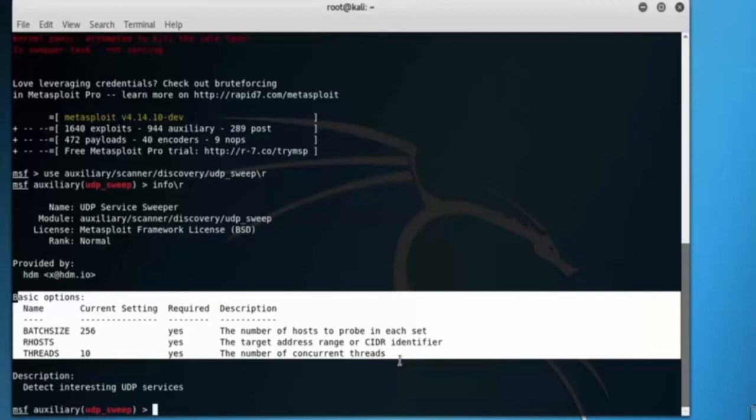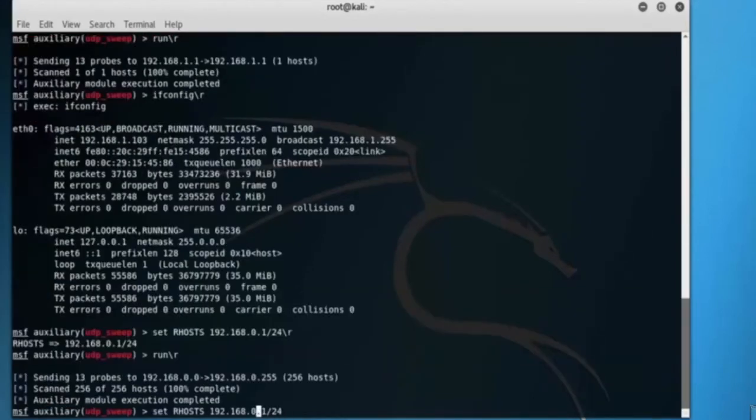hosts to probe in each set, RHOSTS, the target address range or CIDR identifier, THREADS, the number of concurrent threads, and so on. To configure this module, we just need to set our RHOSTS and THREADS values and run it. Type set RHOSTS